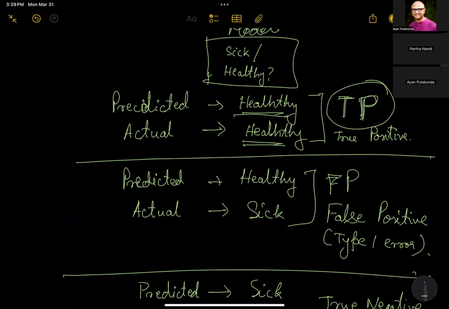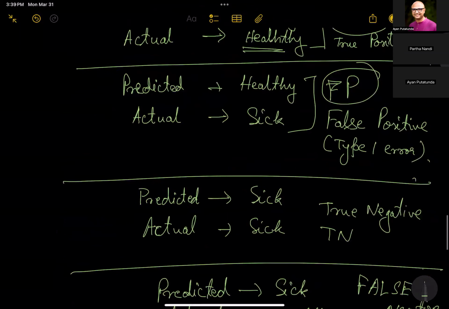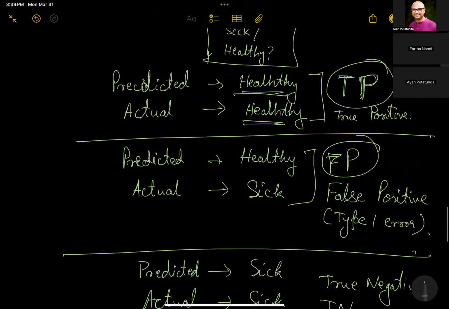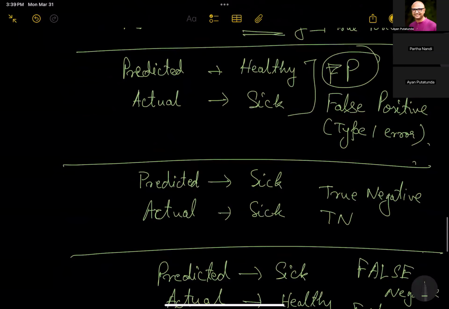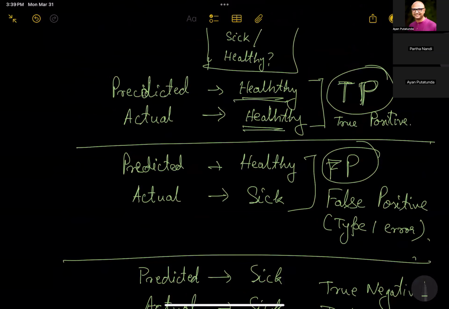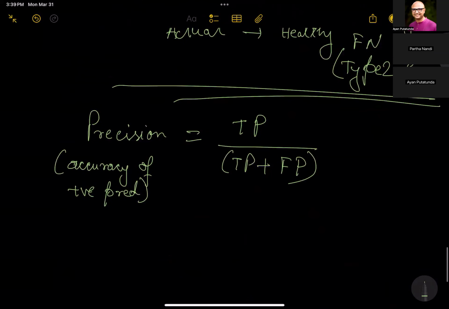So this was the positive observation, this was the positive. There were only two cases. The other ones were false negative and true negative, correct? So the whole set becomes FP plus TP, all the positive observations, whether false or true. That goes into the denominator because I need to find a percentage. Accuracy of the positive prediction is what? Number of observations which were actually labeled positive